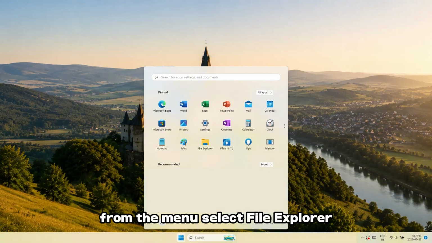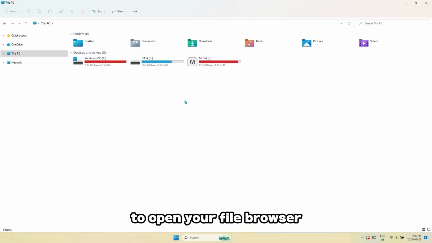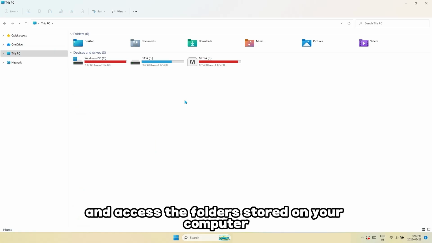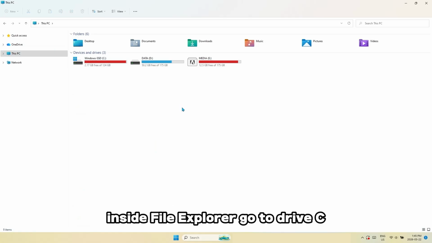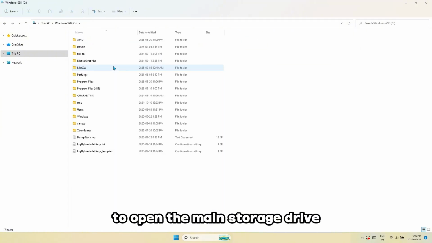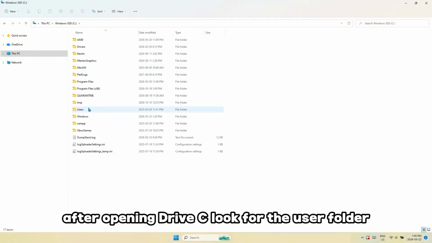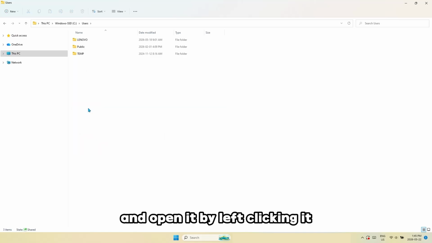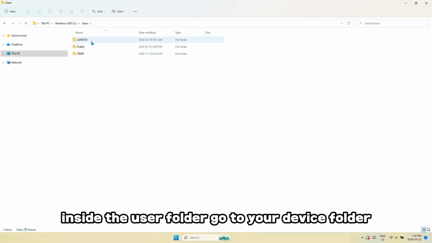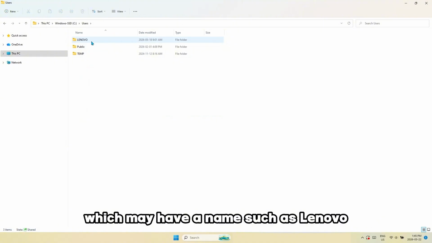From the menu, select File Explorer to open your file browser and access the folders stored on your computer. Inside File Explorer, go to Drive C by left-clicking it once to open the main storage drive. After opening Drive C, look for the user folder and open it by left-clicking it. Inside the user folder, go to your device folder, which may have a name such as Lenovo depending on the